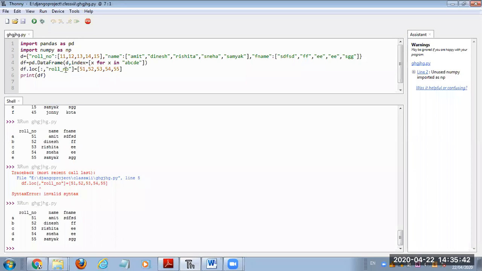Similarly, if there is something like this, phone, what will happen? It will search for a column phone, but this column will not be found. Then it will add this as a new column at the last of the data frame.